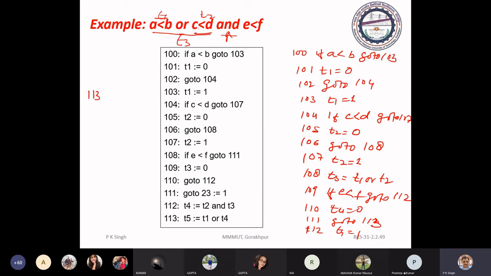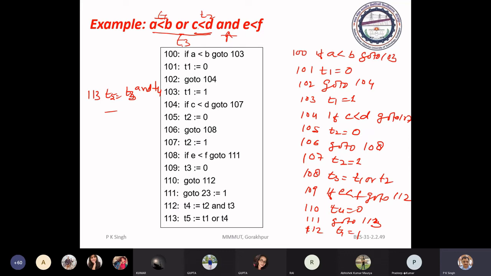This sub expression is evaluated in T3, this is evaluated in T4. Okay, so a new temporary is generated for this, that is T5 equal to T3 and T4. This is the program.